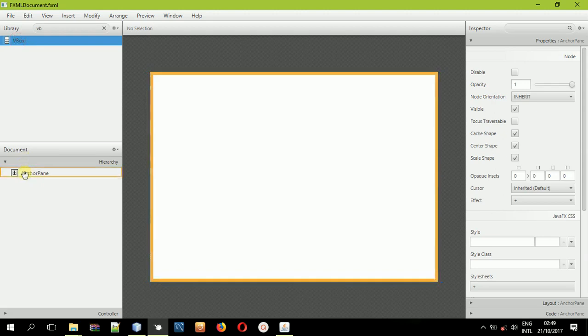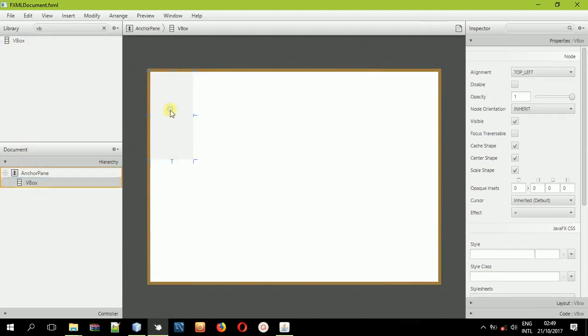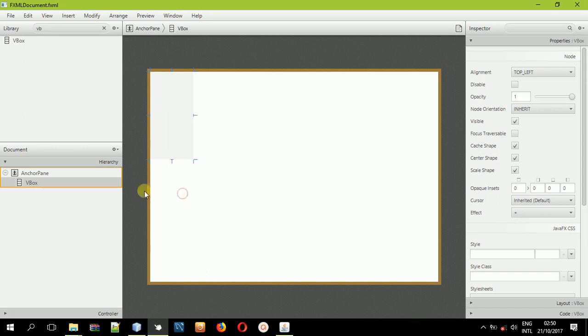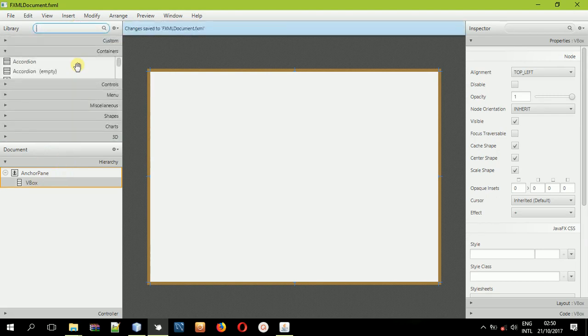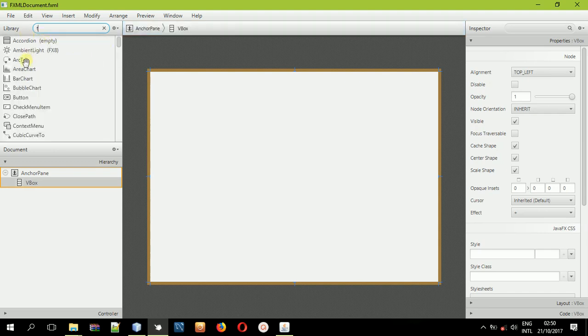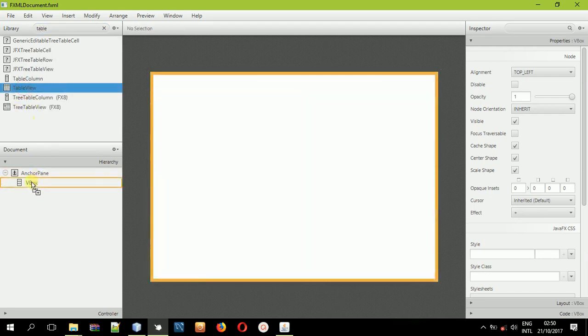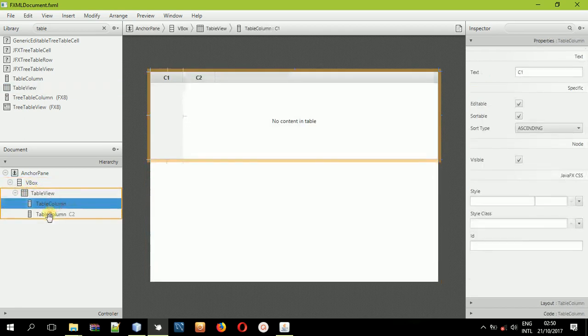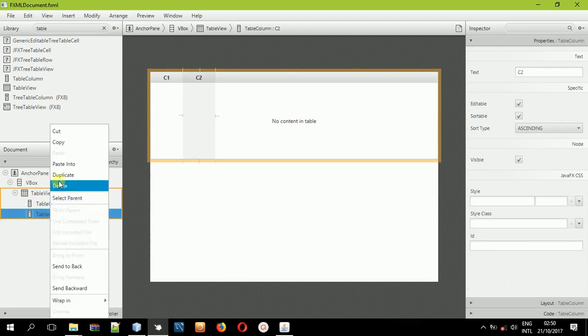So select this VBox into the end capping, and then right click it and fit it to the parent. Fit it to the parent. After you've done that, now you're good to go. Now type in the table view, drag it and drop it inside the VBox. So that's it. We'll be creating a simple table view that holds the name, the contact, and the residence of